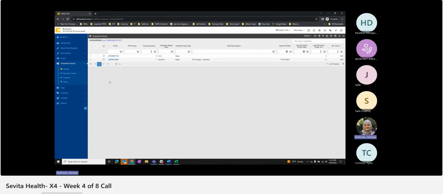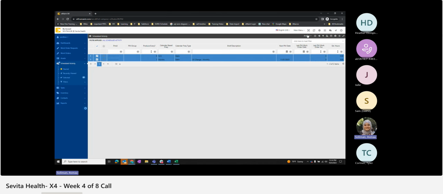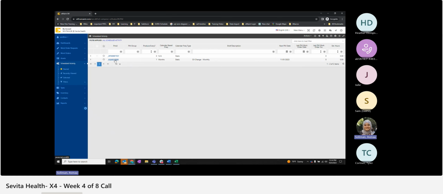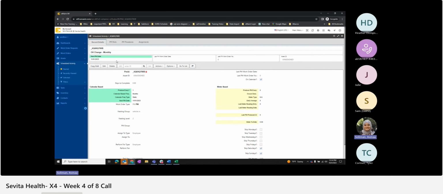So I'll turn that on probably during the last week of implementation. But if you did want to manually generate the PMs, you can select a couple of them and then go to actions and generate PM work orders to do it manually. Or you can go into the one you want to generate, just if you wanted to generate one of them, go to actions and manually generate that PM. And it's going to tell you, are you sure you want to generate? And you're going to click generate. And it will create a work order